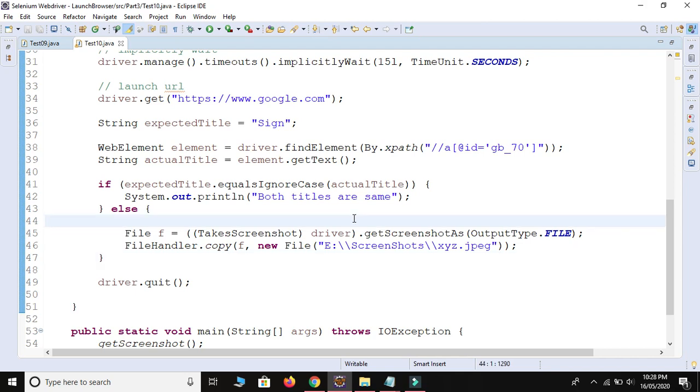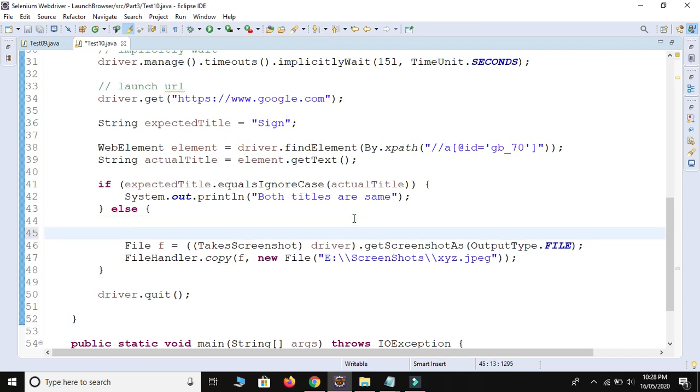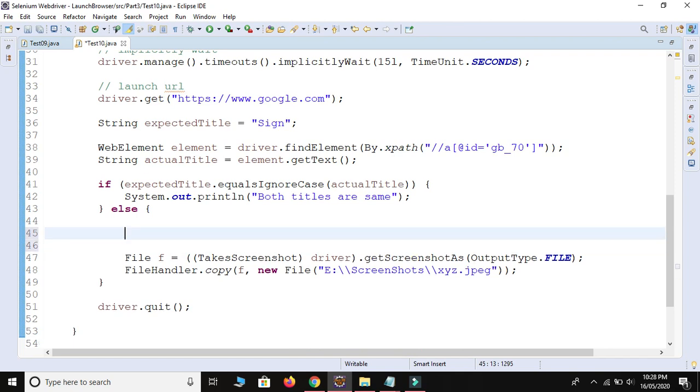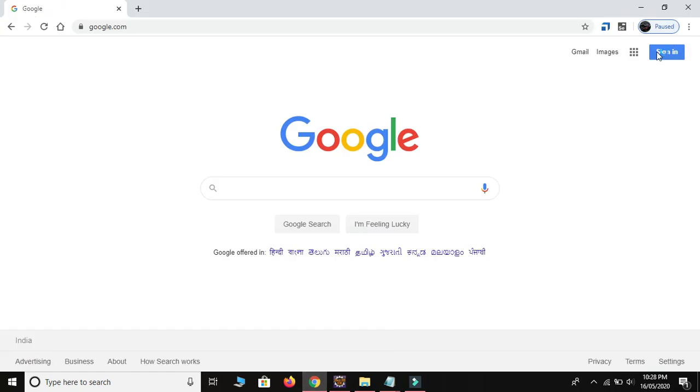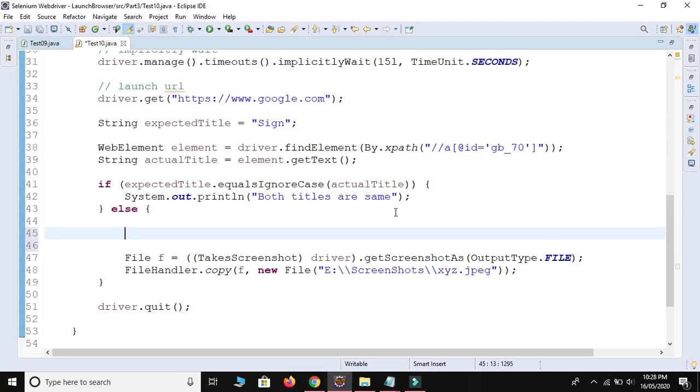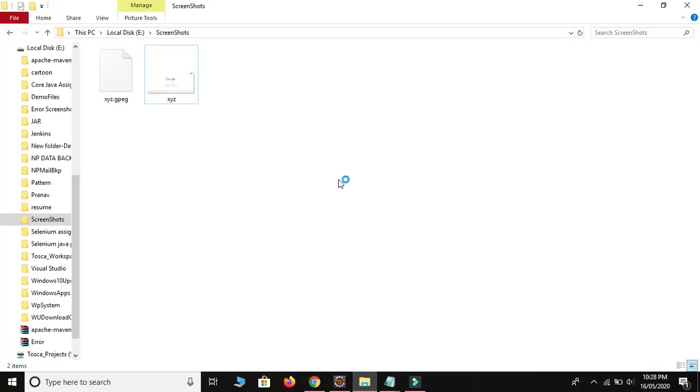So how to draw a border around the web element which got some issue, which got some error? I will write the code to draw the border before taking the screenshot, means it will draw the border around this web element and then take the screenshot, so it should be more understandable.